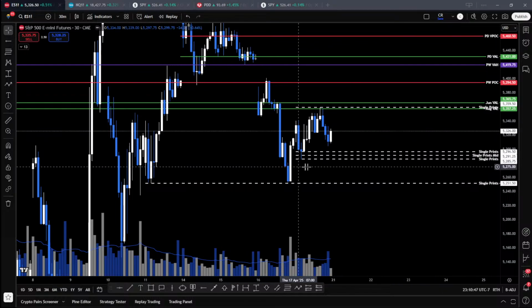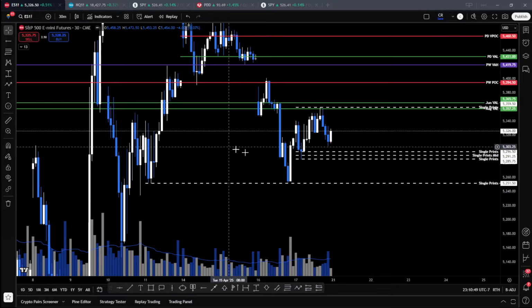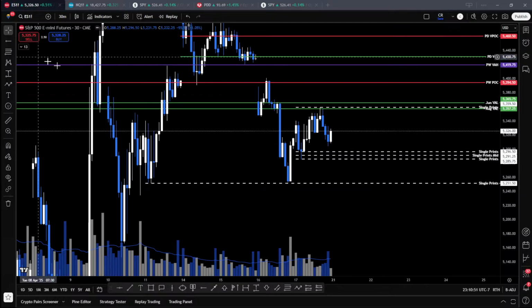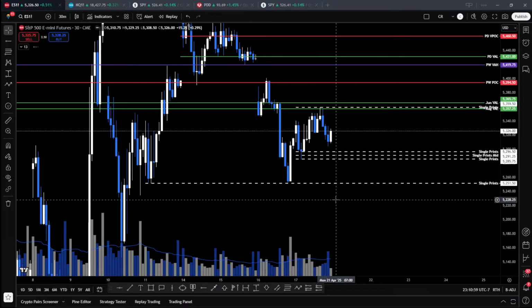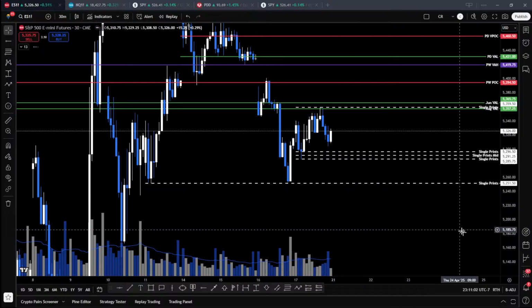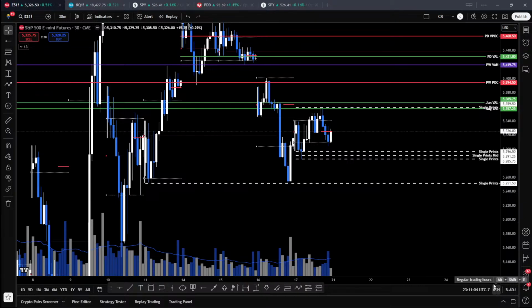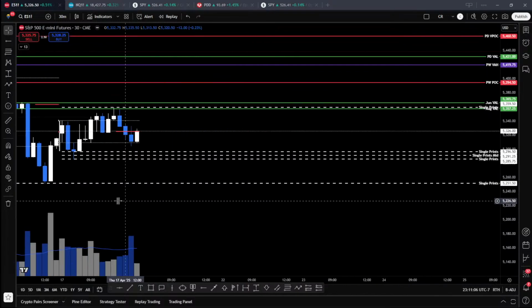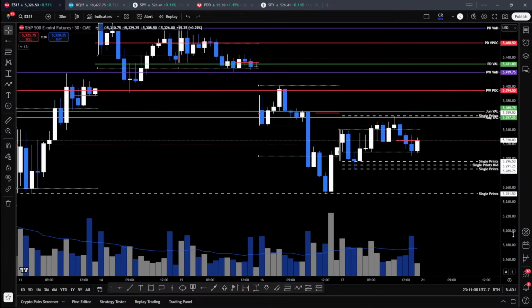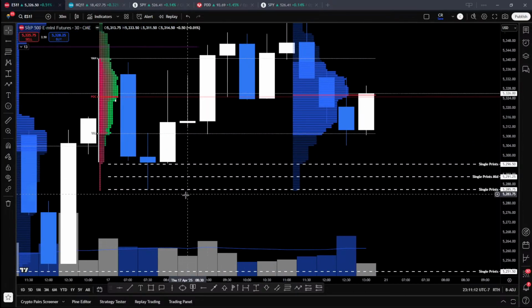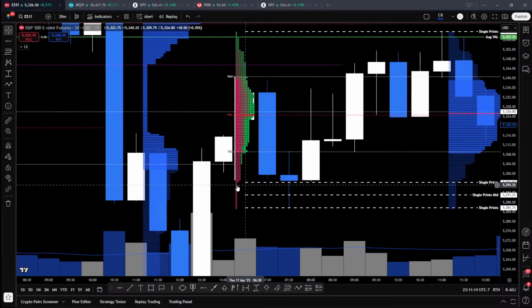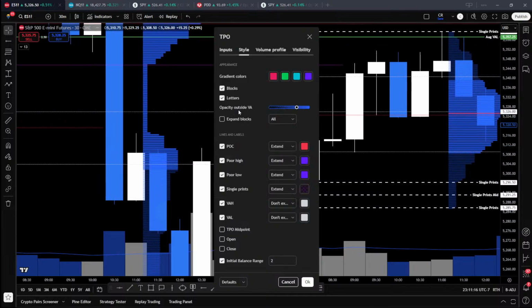But anyway, let's just keep talking about our TPO. Basically, there's a few things that we're looking at. We want to be on regular trading hours, no matter what we're looking at. If we're looking at SPY, ES, futures, whatever, it doesn't matter. We're always going to be on regular trading hours. Our single prints is when we have